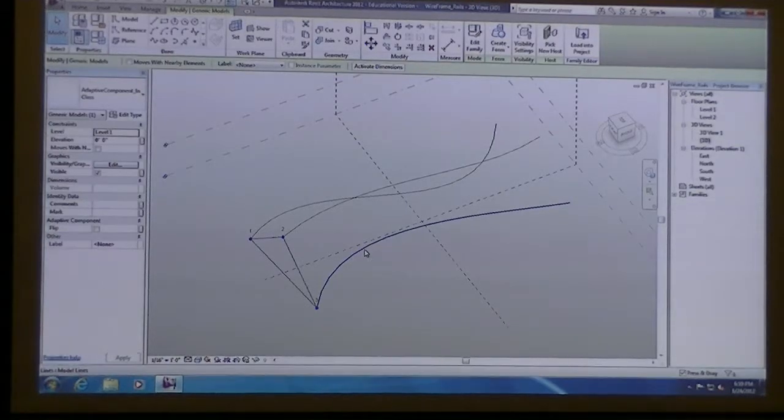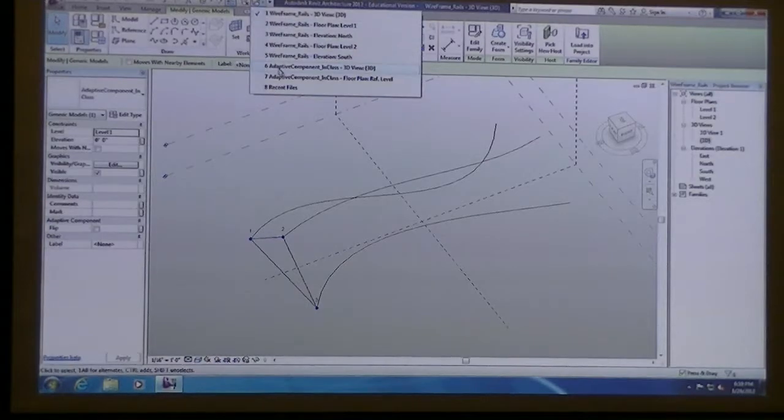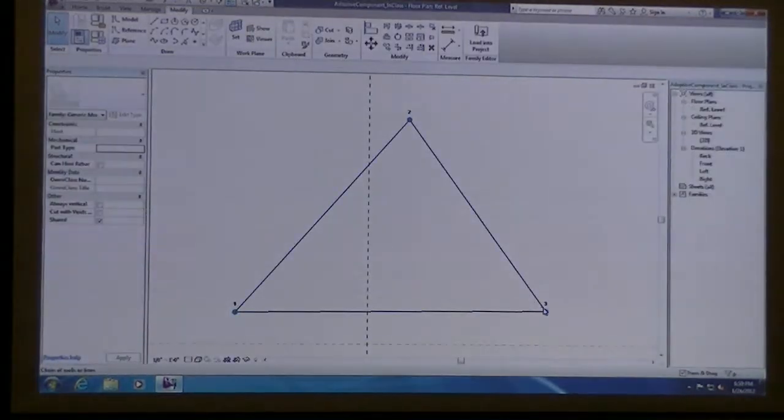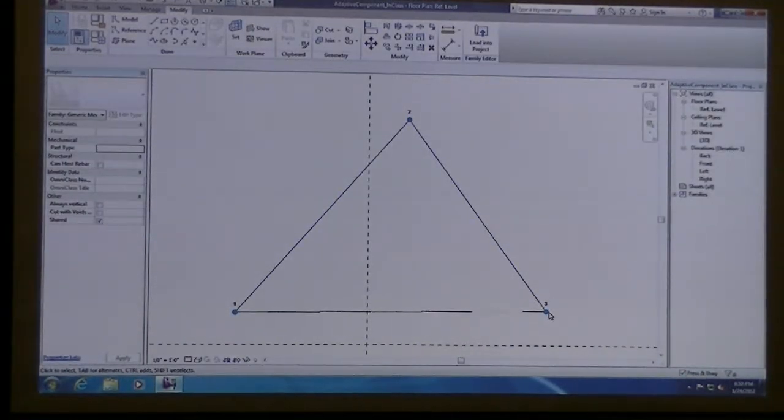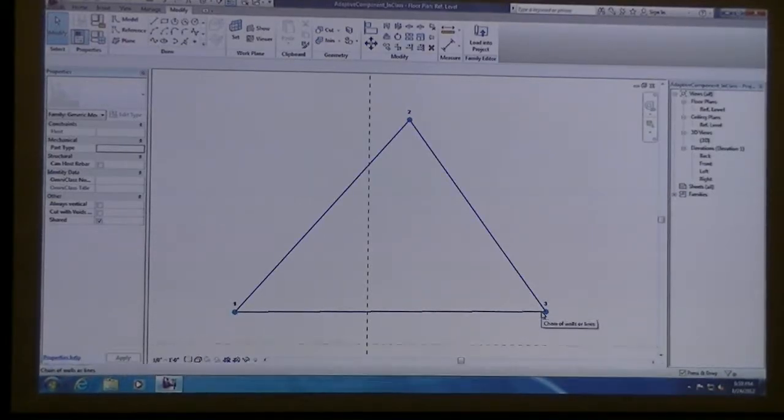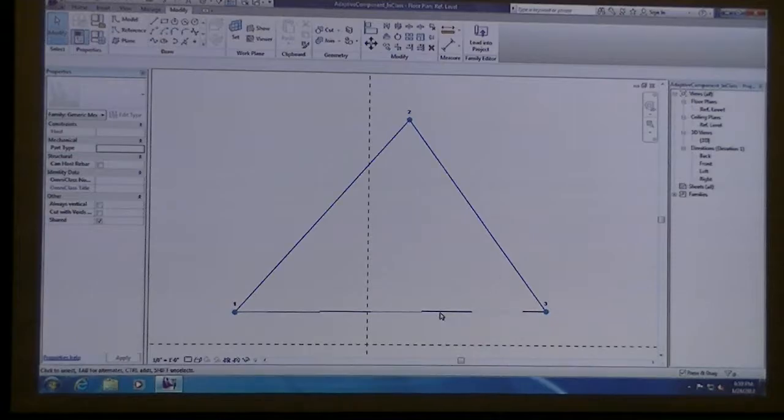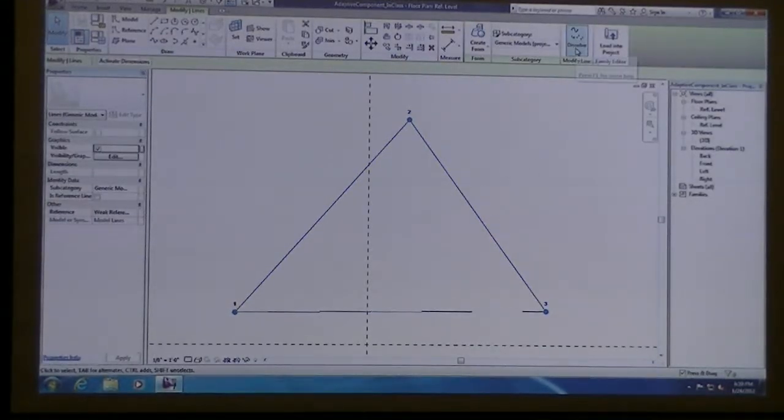Everyone get that? My triangle didn't stretch to the third. So you need to flip back into your adaptive component, and most likely your third point right here, you didn't snap to it. So if any time it doesn't fully stretch, that's because there's probably a snap issue. And so you're actually going to have to redraw that shape. But again, click on it and hit dissolve, because if you delete it, it's going to delete the points as well.